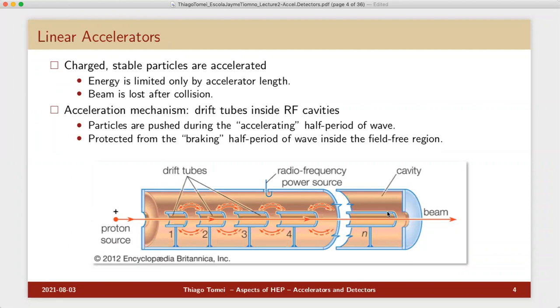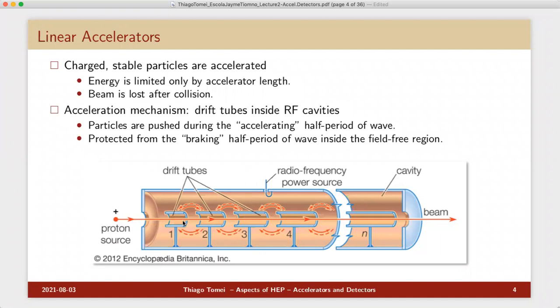You have solved this problem in your electromagnetism course. The point is that you have these waves going back and forth. And if you do it right, you have particles coming in here, riding the wave, quote unquote, in such a way that the particle is accelerated